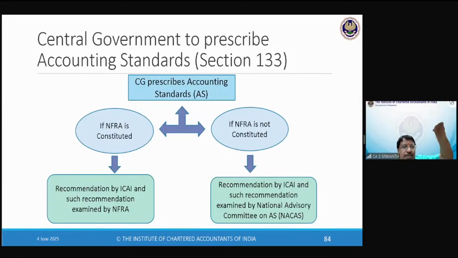So we'll all prepare top sheets for each of the heads now: debtors, creditors, fixed assets, cash. Then those top sheets will be compiled and presented to the partner for review. He will go through everything, but mainly he'll see the top sheet and go through the working papers. And sometimes you'll be called for a review and he will ask specific questions. What did you see? Have you seen that? How can you report like this? Go and verify that and report that also.